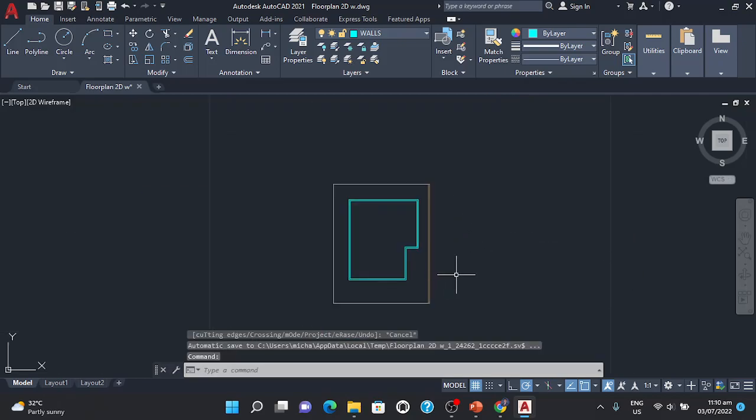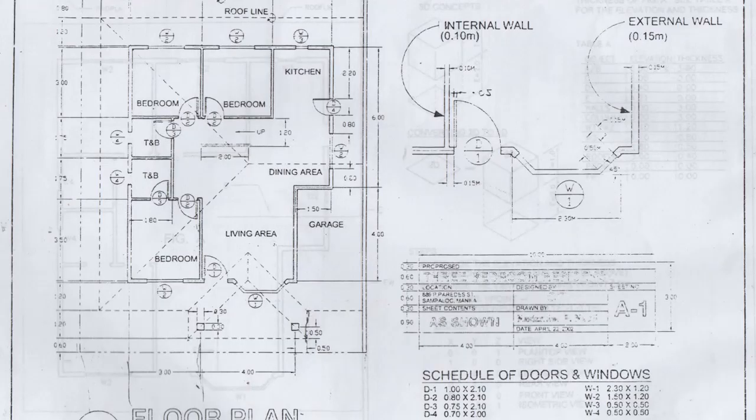So now we have here our property line. We have here our firewall, and we have now the trimmed wall. Okay, so we trim all the specific edges. So next one, we must create the inner walls. So based on this one, the inner walls or internal walls has the measure of 0.10 meters. So we will offset all of the lines by